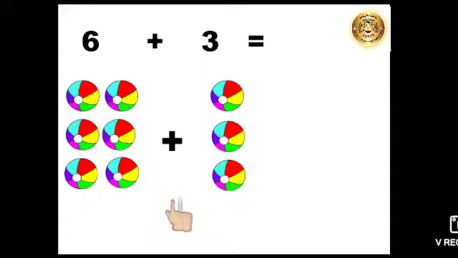So we have to count after 6 because 6 is a greater number. Till how many steps do you have to go forward? We have to go forward 3 steps after 6. Like this, after 6 it will be 7, 8, 9. The last number which we got is 9. Then 6 plus 3 is equal to 9, meaning 9 is the sum of 6 plus 3.